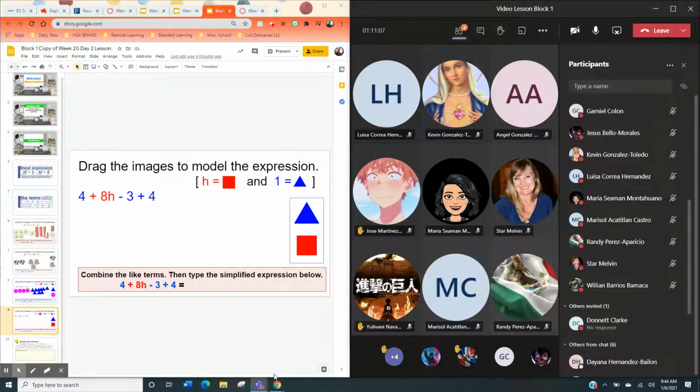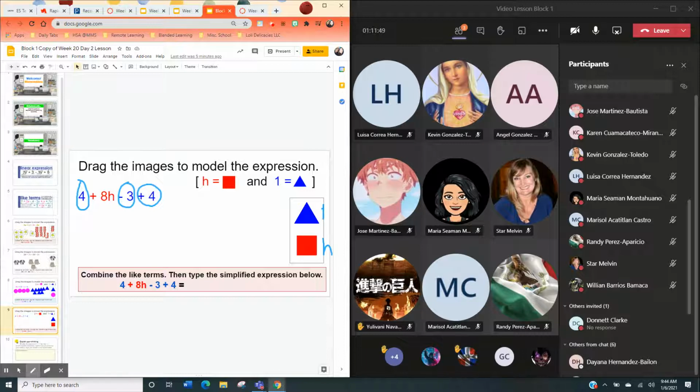Okay, let's go ahead and look at it really quick. Those of you that have your hands raised, you can go ahead and unclick that button. It says 4 plus 8h minus 3 plus 4. So this one should have been super, super quick. You have 4 minus 3 and plus 4. Those are all the same. And then you have plus 8h. So it tells us h is the square, our numbers are our triangles,